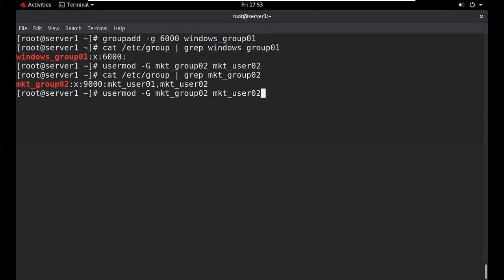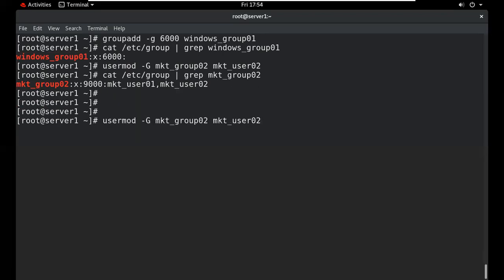So we can use this particular command. The name of the group is this, and we want to add this user to this particular group and this particular group. So we use this particular command. Now we have added this user and we want to check.